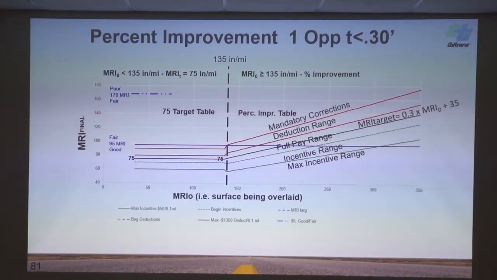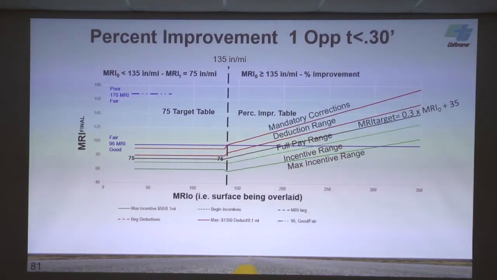So if we have a project that is calling for a single lift and there's no other opportunities for improvement in the plans, and the existing surface out there is in the high 100s and the 200s, we could end up accepting a pavement that has a 120. This purple line is what the FHWA calls the difference between a fair and a good pavement. It's 95 MRI. We don't want to go out and pave a project and end up with a surface that's fair. We want good. We want below 90, obviously. So we would never really want to accept a project up here, but we might have to if they don't design right.